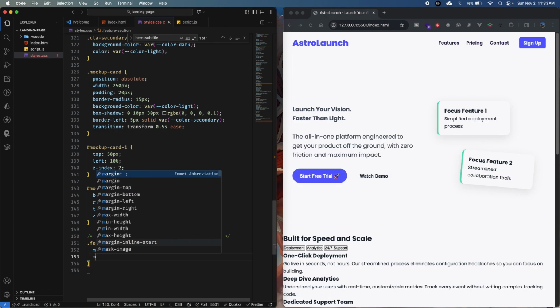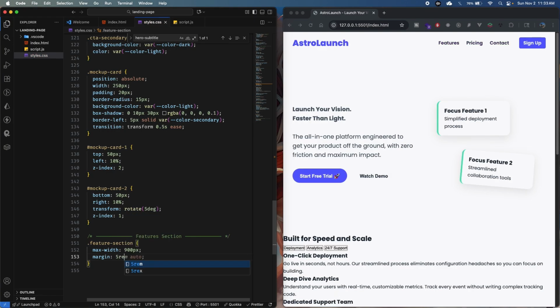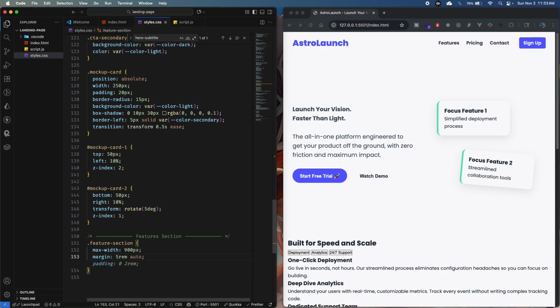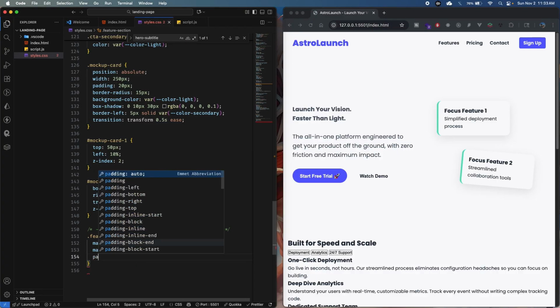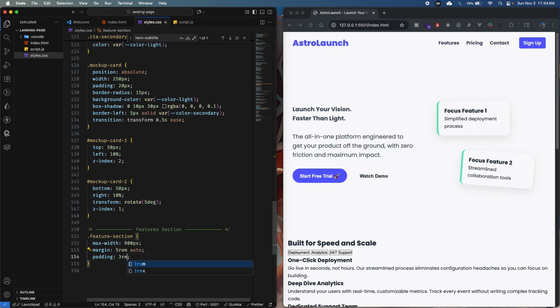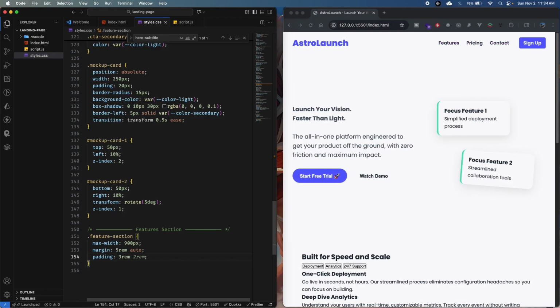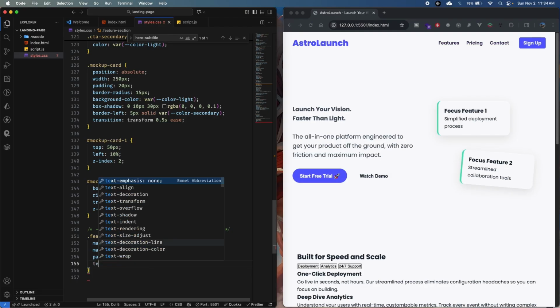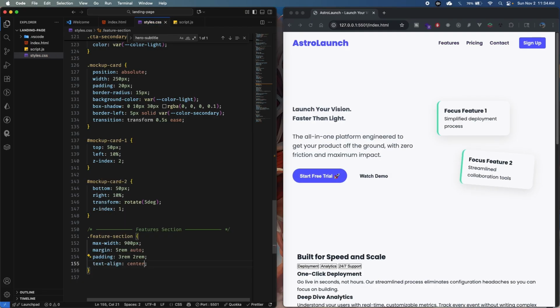Then I want a margin to be 5 rem, and then auto. After this, we want to have a padding that is going to be 3 rem and then 2 rem, top and bottom, left and right. I want a text align to be on the center,